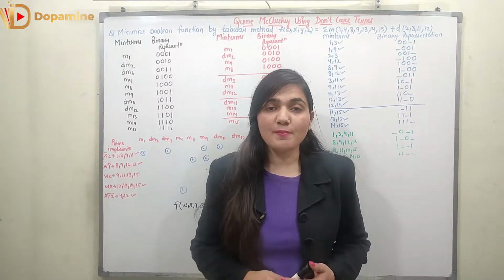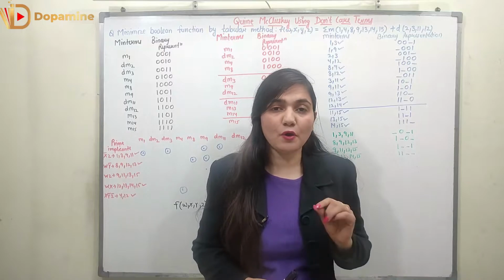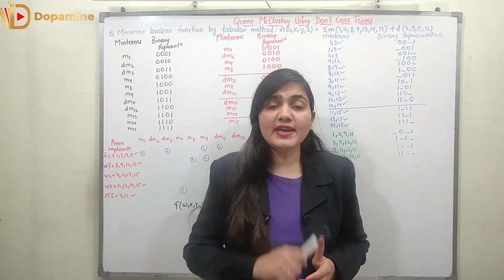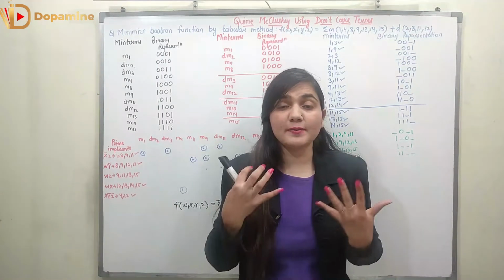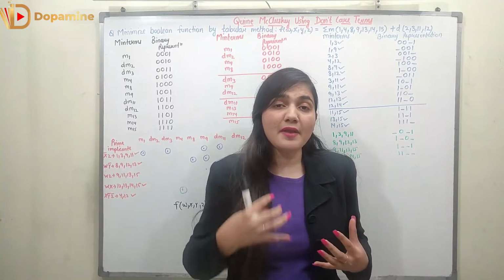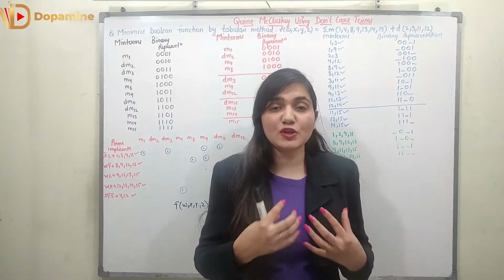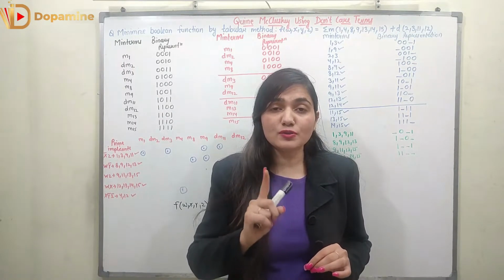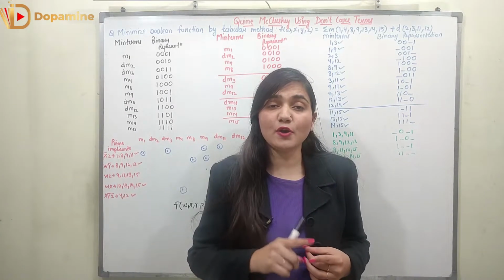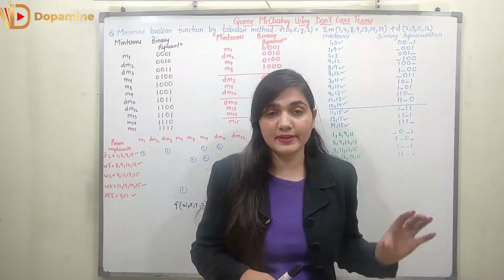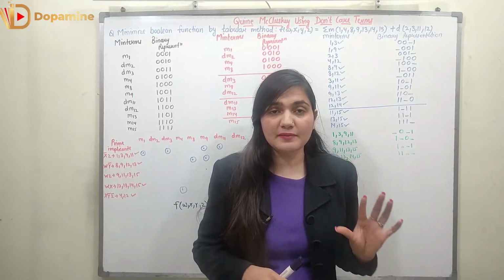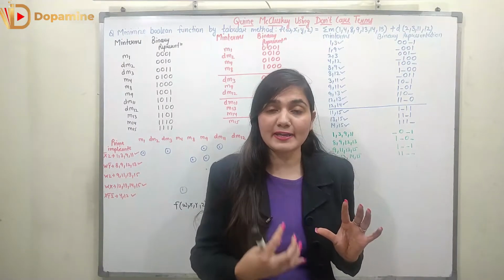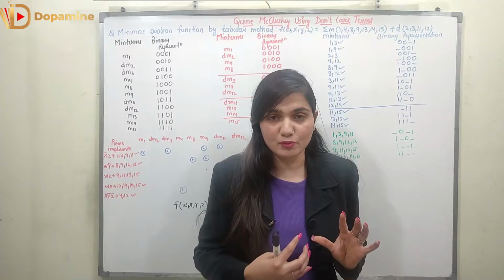We are discussing the Quine-McCluskey minimization method, or as we call it, the tabular method of minimization of Boolean algebra. We already have discussed the detailed procedure, the various steps we have understood, and the application of these steps with the help of a sample problem as well. Now we are moving to the use of the Quine-McCluskey method, or the tabular method, with the don't care terms. When I have the don't care terms in the Boolean function, how can I use the tabular method for the minimization of the Boolean algebra?